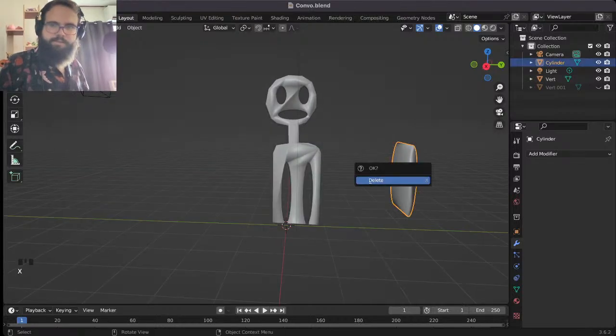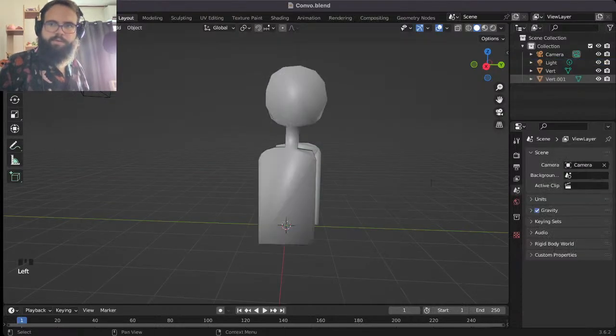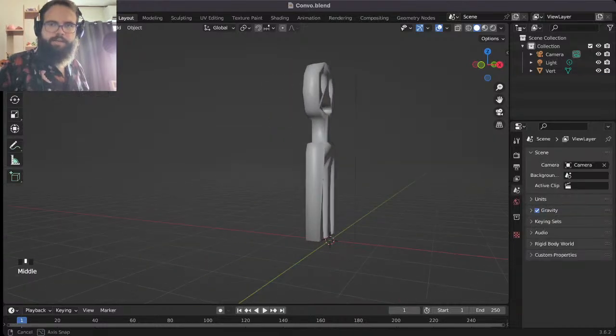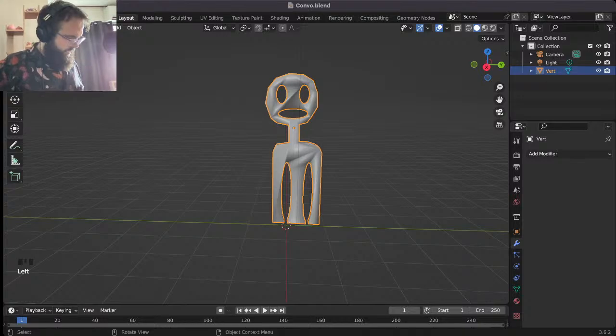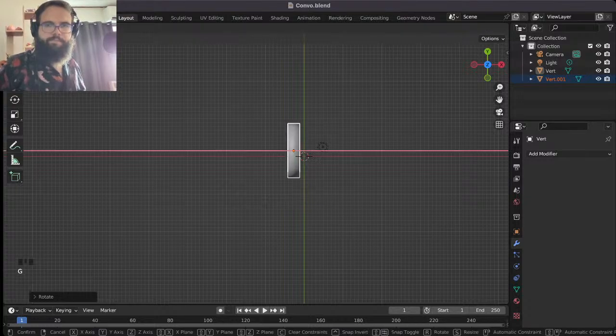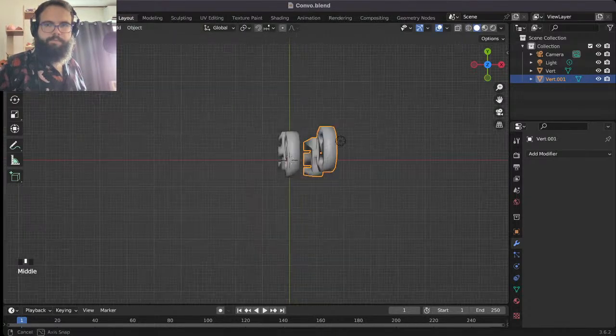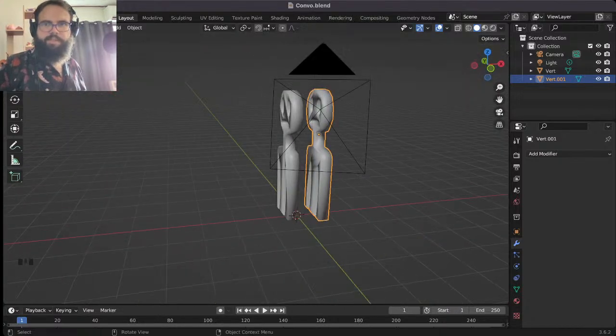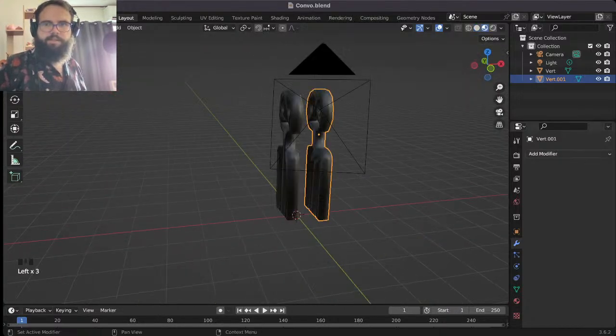You know what? Don't think we need that anymore. As a matter of fact, don't need that guy anymore. Let's just take this. Now they're looking face to face. But I will need to change this